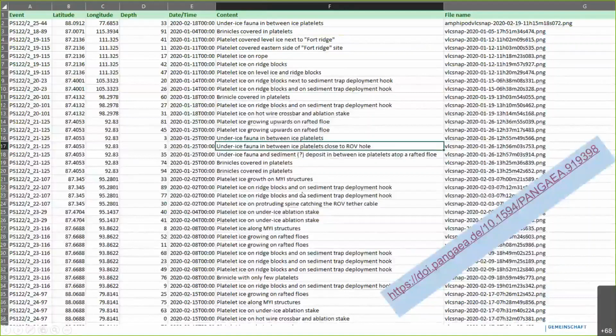So this is an example of what such a submission of a file list might look like. Definitely this is important in case the content needs to be described in more detail, like in this example. But we have, for each of the files, an event that this is related to. So latitude and longitude. And for example, I have invented this a little bit.